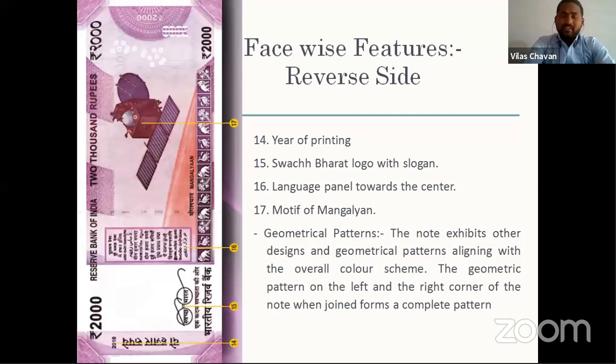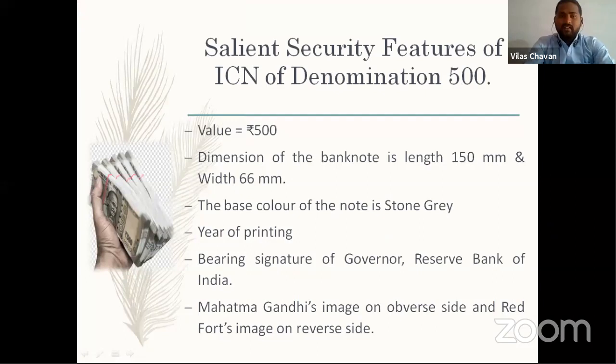So this was all about the security features given by the RBI. Now the same security features of 500 which are being given by the RBI. So here again the value is 500, and here now the dimensions are changed as compared to 2000. So here the length is 1